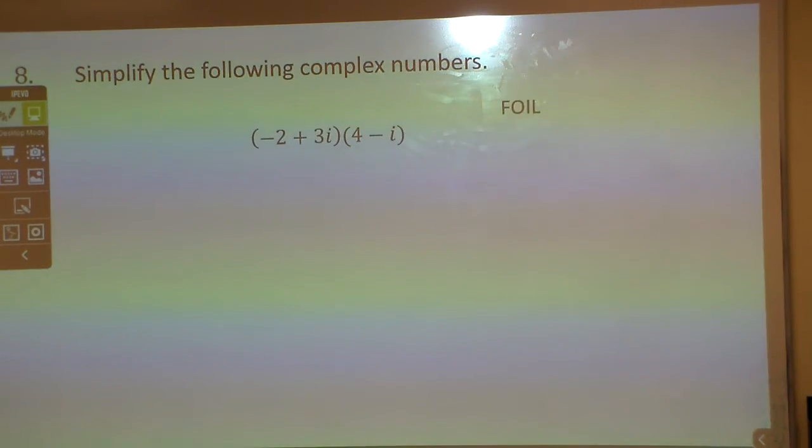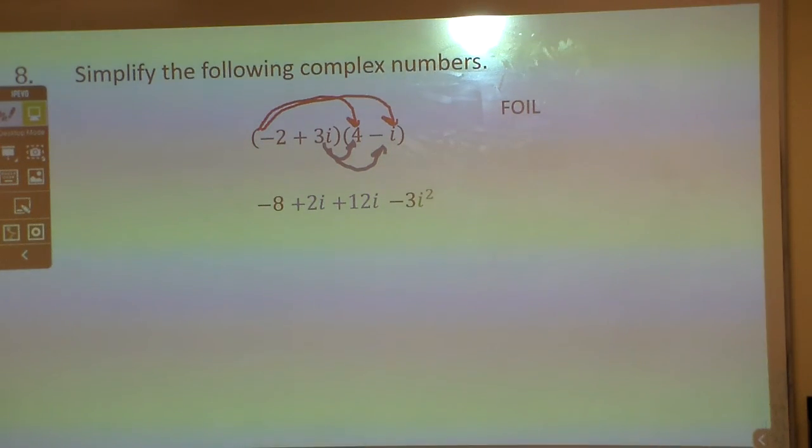Same thing here. You FOIL this, take your first term, which is negative 8. Your outside term, which makes a negative 2 times a negative i, a plus 2i. Your inside term makes a plus 12i. And then your last term will be a negative 3i squared. But you can put the 2i and 12i together to get a 14i. And notice you can't have more than one i, like the Cyclops picture. So i squared becomes a negative 1. And I take that times the negative 3, which makes it a plus 3, which gives me negative 5 plus